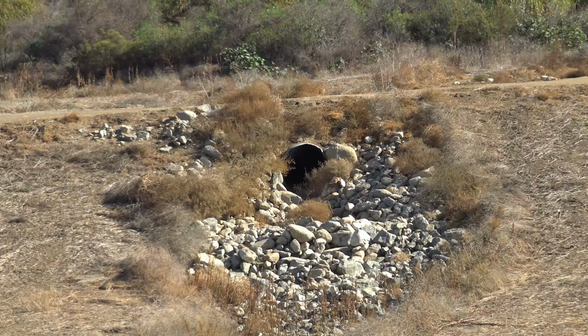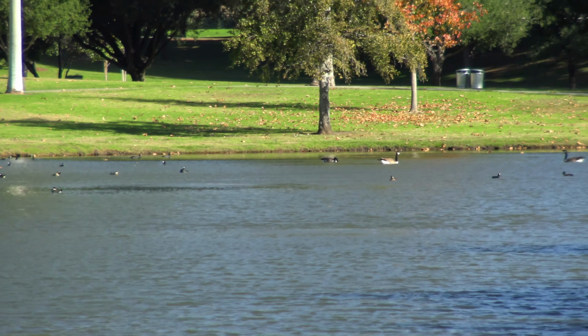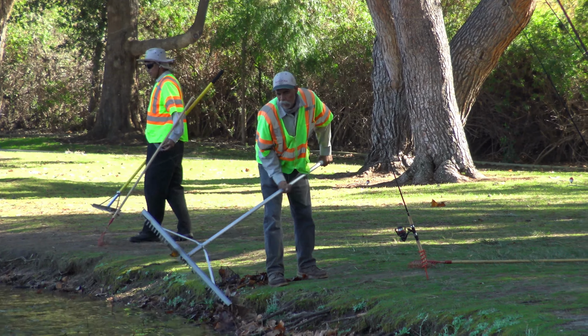We head back to the main park area to check out the lake. The park has several native species of trees, including oak, sycamore, and eucalyptus. The lake is approximately 4 acres in size and has 2 fishing piers. Fish that are stocked in the lake include rainbow trout,